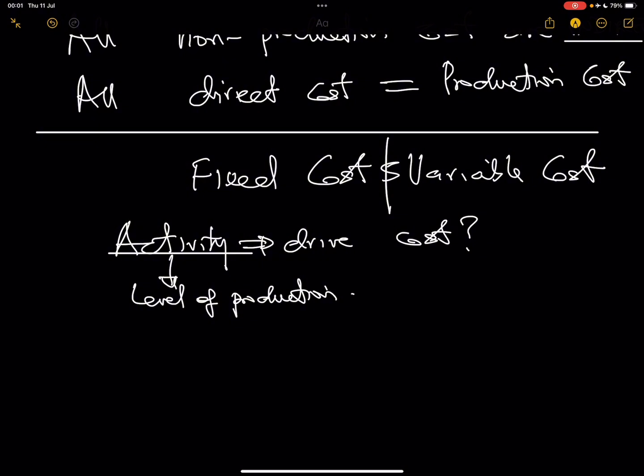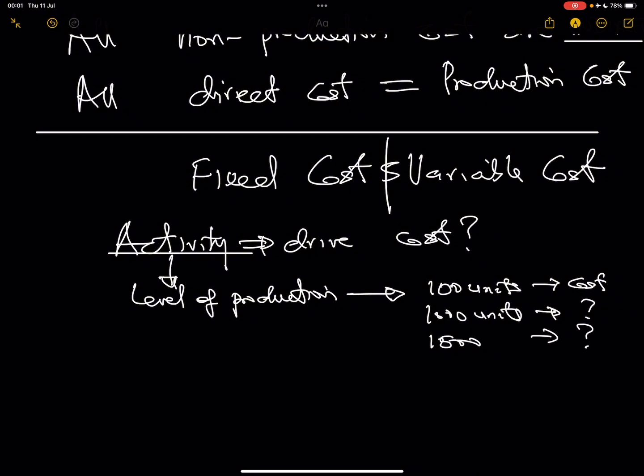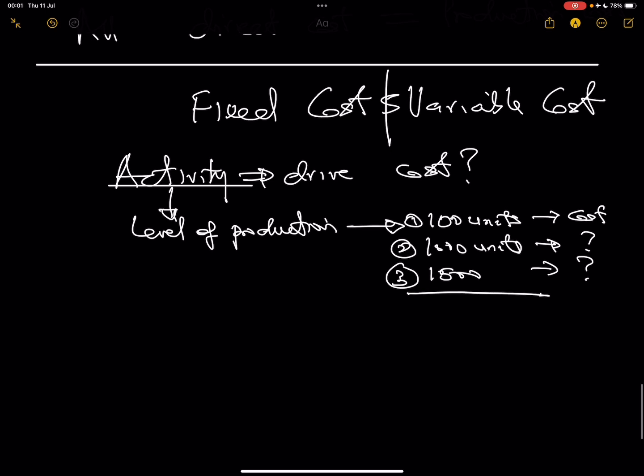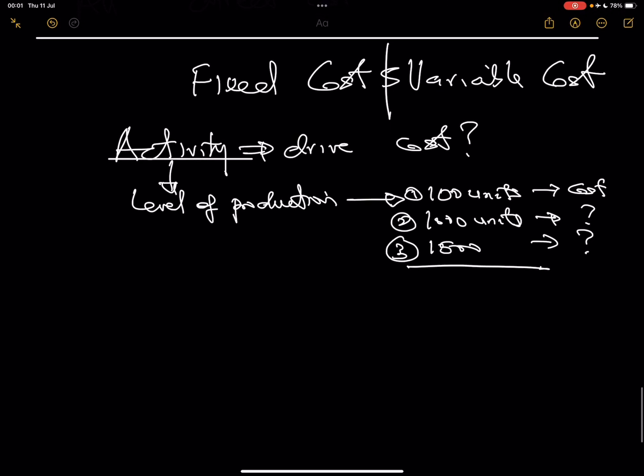And what we are saying about level of production is, if I produce 100 units, how does it affect my cost? If I produce 1,000 units, does it change the cost? If I produce 1,500, does it change the cost? This is activity. You can see these are three different activities. Level 1, level 2, level 3. Different levels of activity. So any cost,